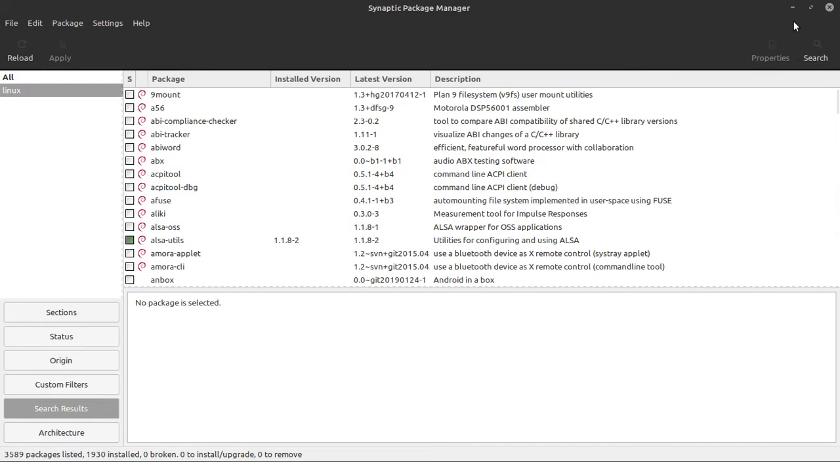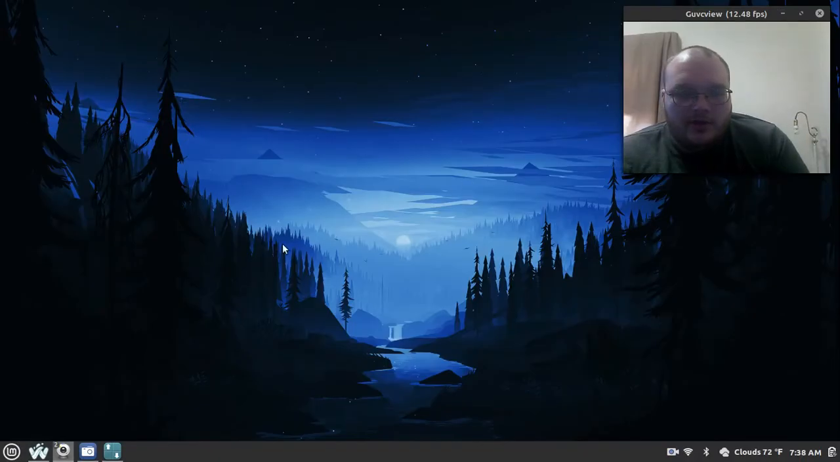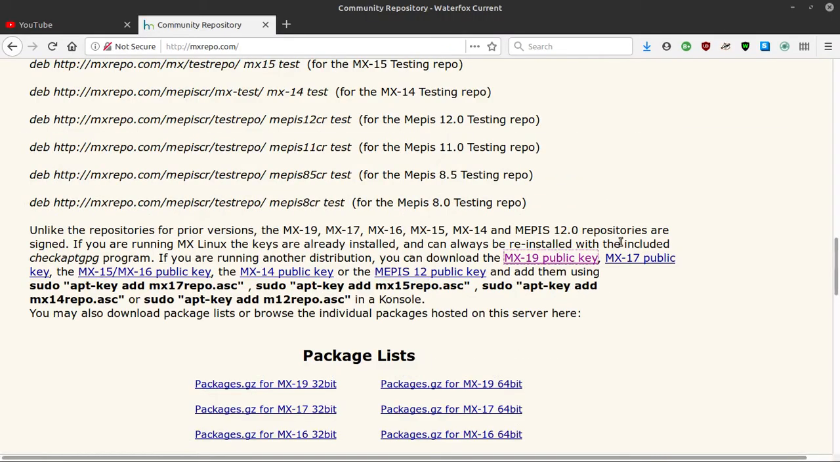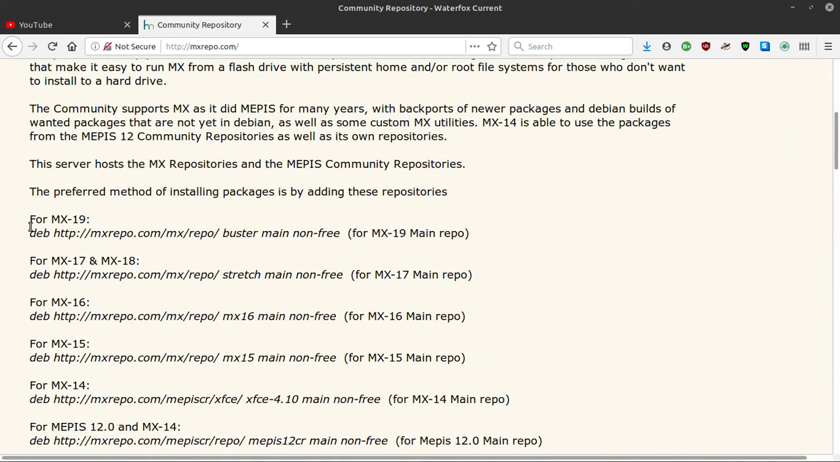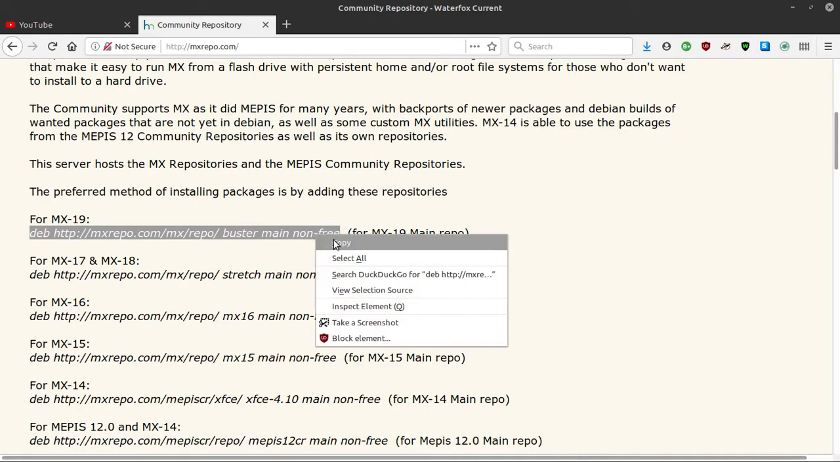So before I break down into this, let me explain what's different about this version of Linux Mint Debian Edition, and that is that I have MX repositories in it. So what you want to do to get the MX repositories is go ahead here and copy that,